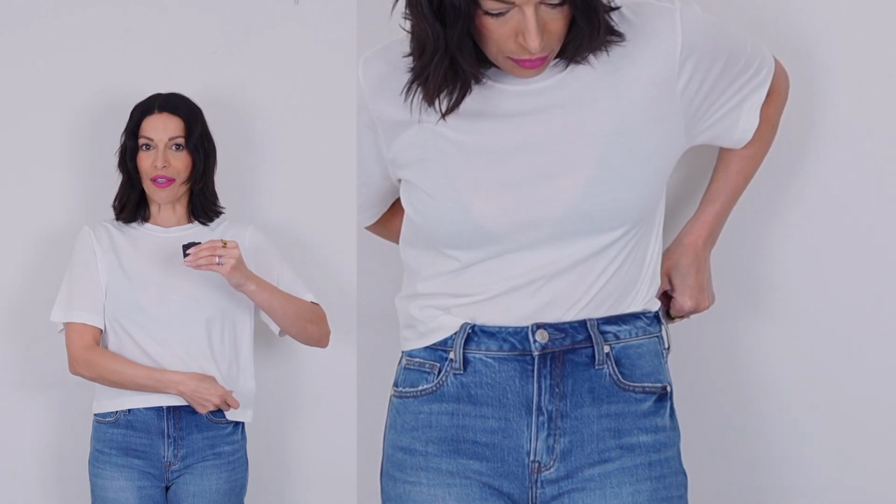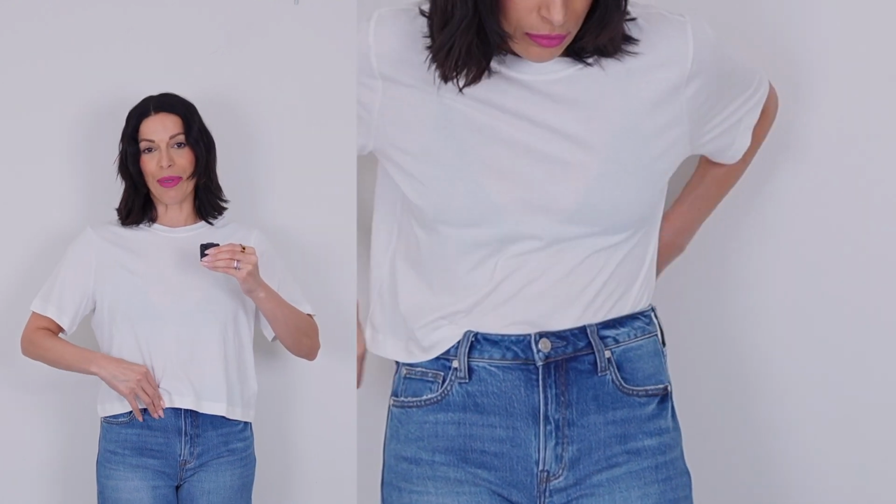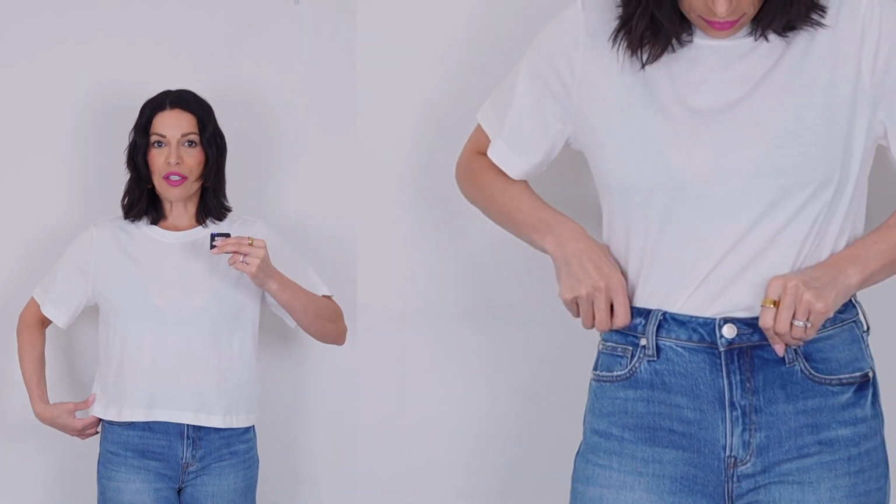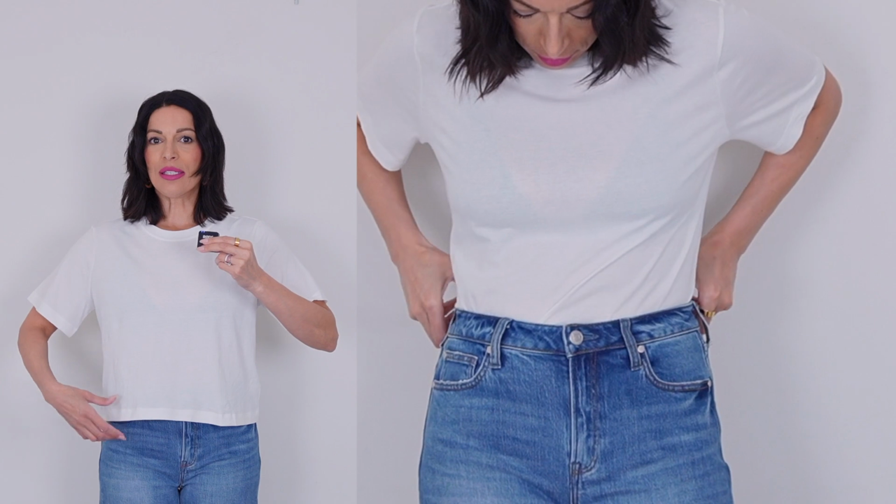I really like the silhouette. It's just barely past the band on my jean. You can tuck it in. There's enough to get in there. Since it is cropped and it is a little on the boxy side, I think it does a great job